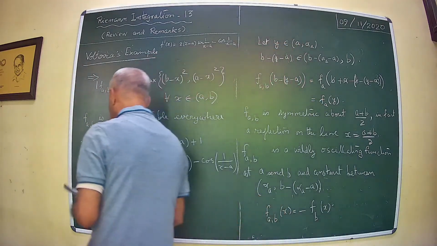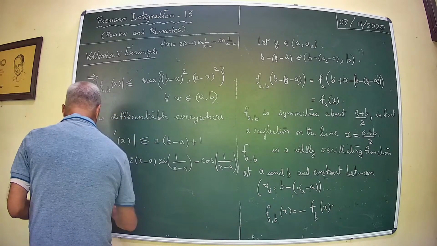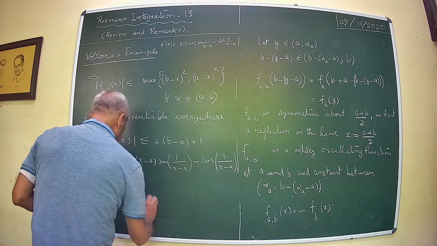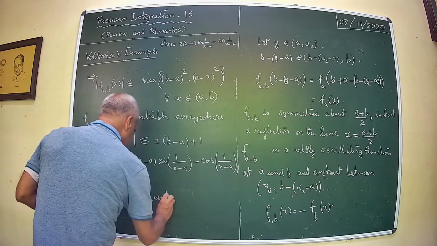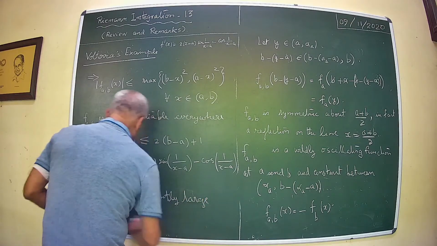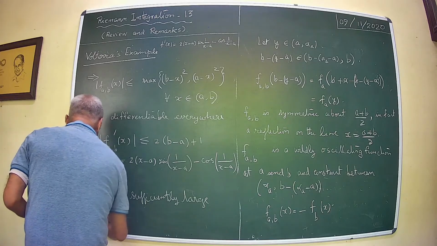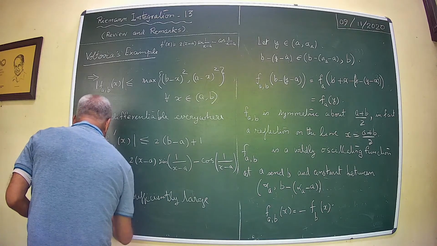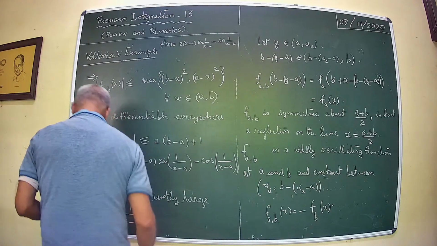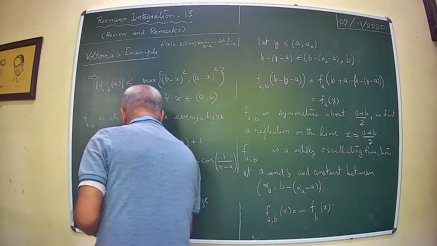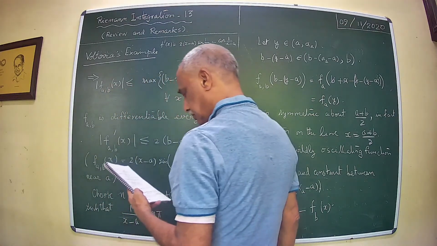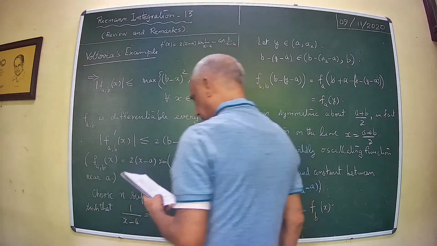So choose n sufficiently large such that 1 upon x minus a equal to n pi, and hence